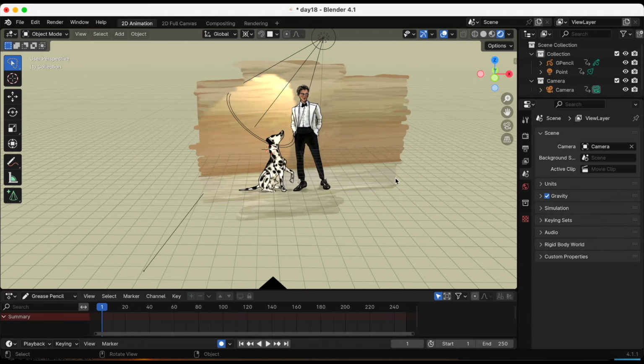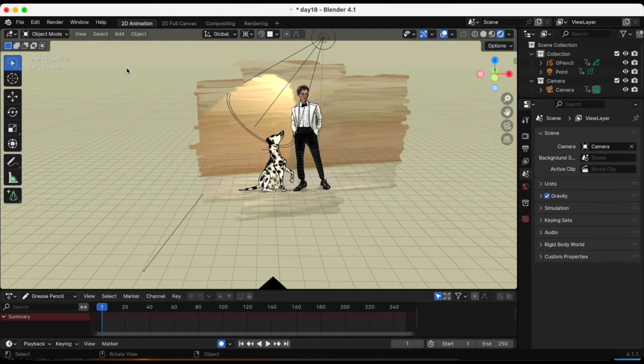Right next to object mode is view, which has a lot of settings to adjust the camera, but the top 2 settings are the toolbar. If you press shortcut T, it will hide the toolbar, or if you press N, that will hide the sidebar on the right. Right now, if I go into camera view, if I click the camera icon, I see that